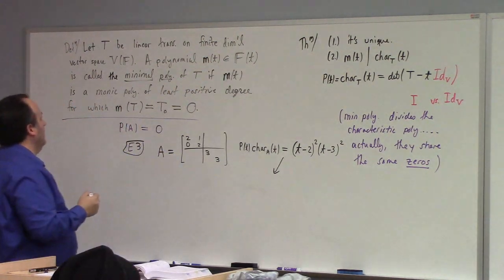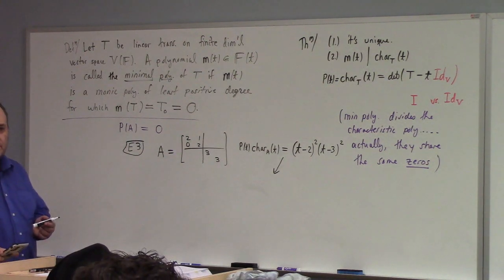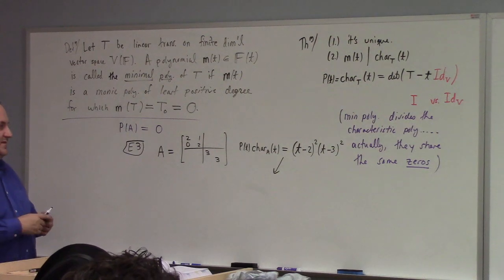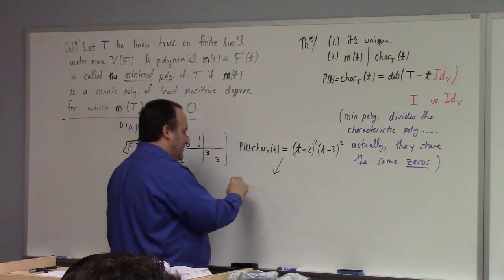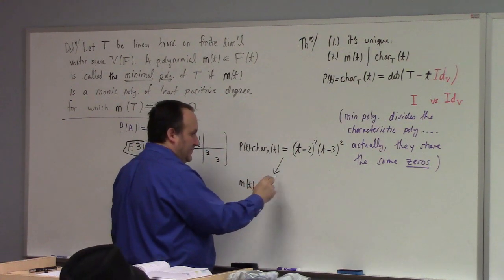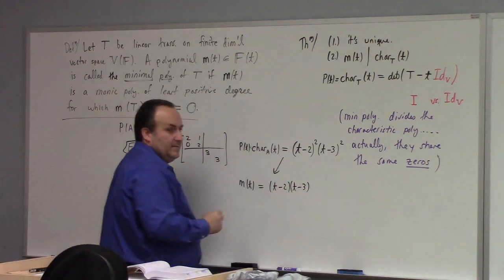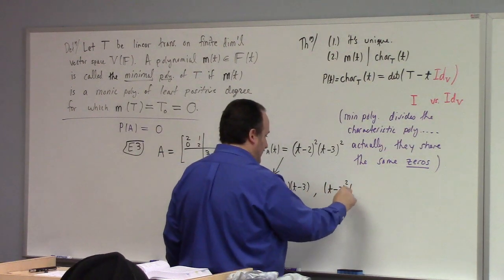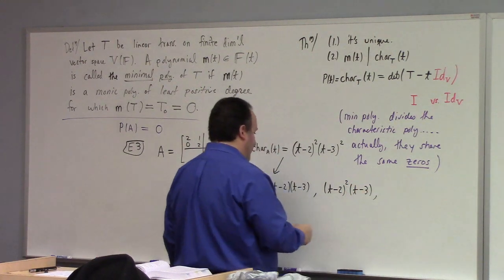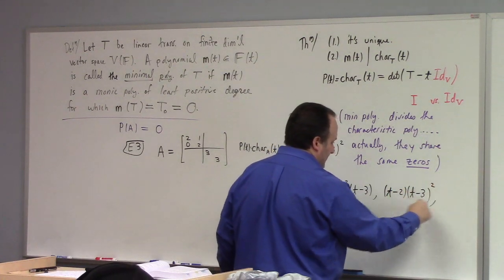M for minimal. What does monic mean? Do you guys know? No. Monic simply means that the leading coefficient is 1. That's it. It's not bad. So this is my p of t, all right? So that means the m of t could conceivably be what? Your choices are t minus 2 times t minus 3, or t minus 2 squared times t minus 3, or t minus 2 times t minus 3 squared, or